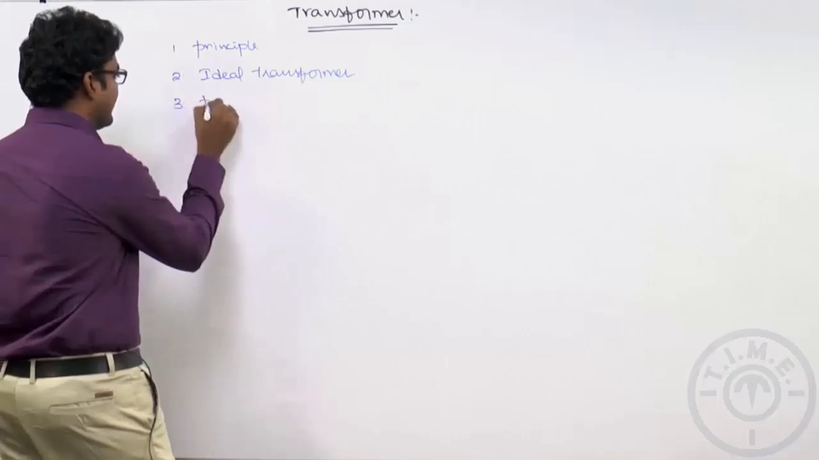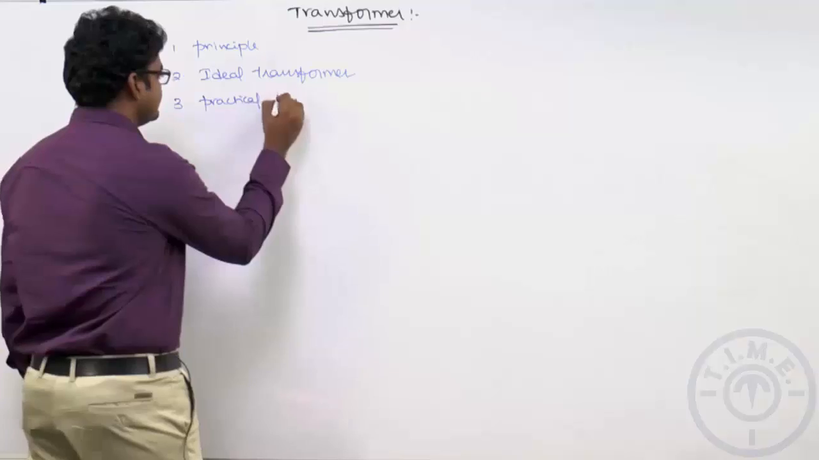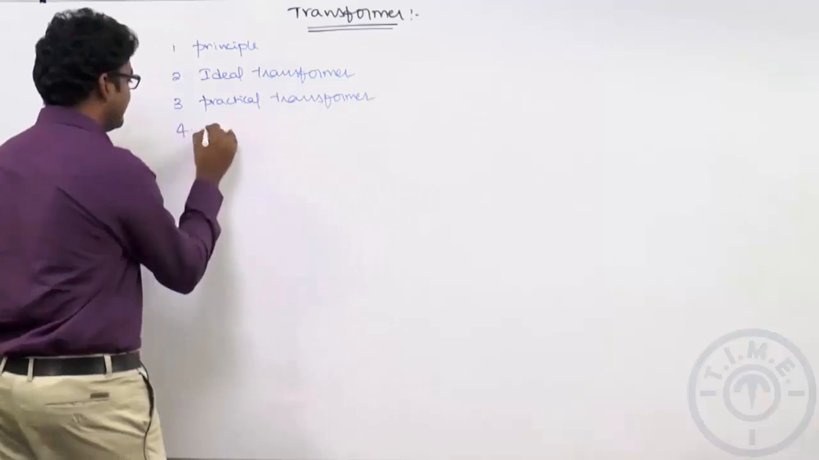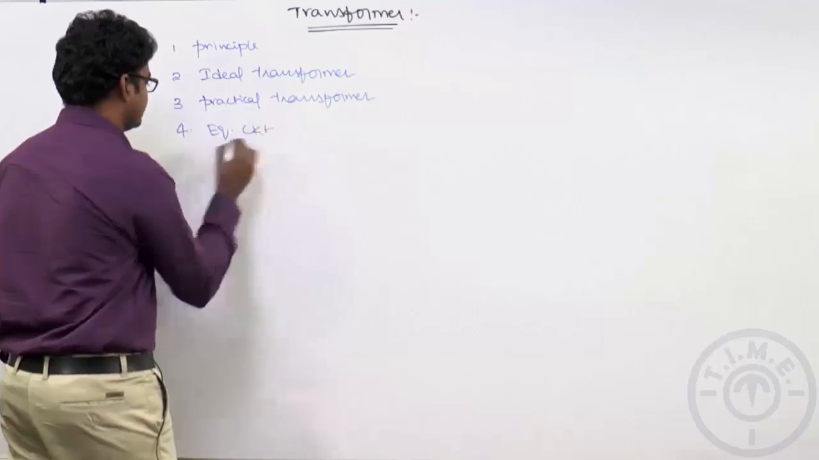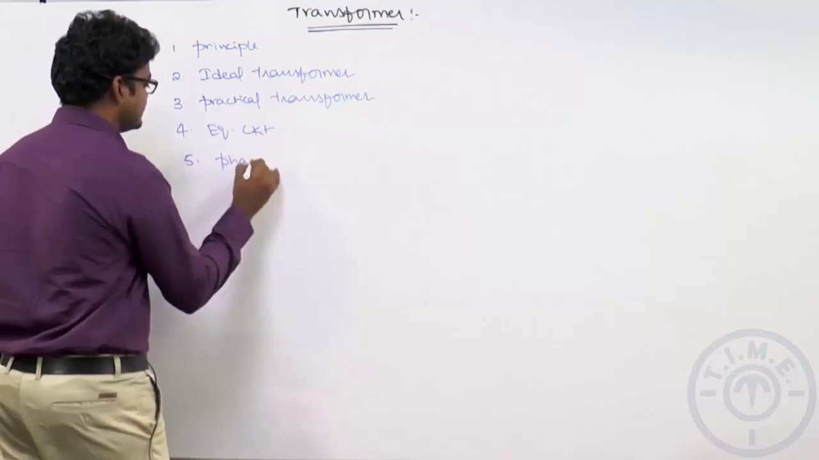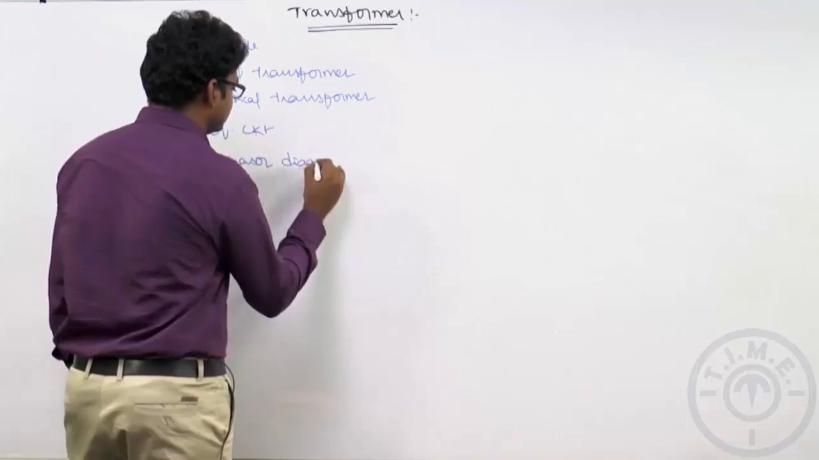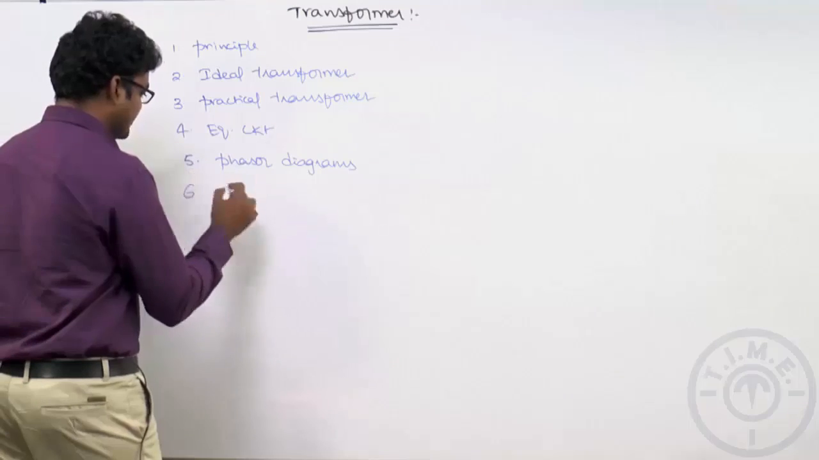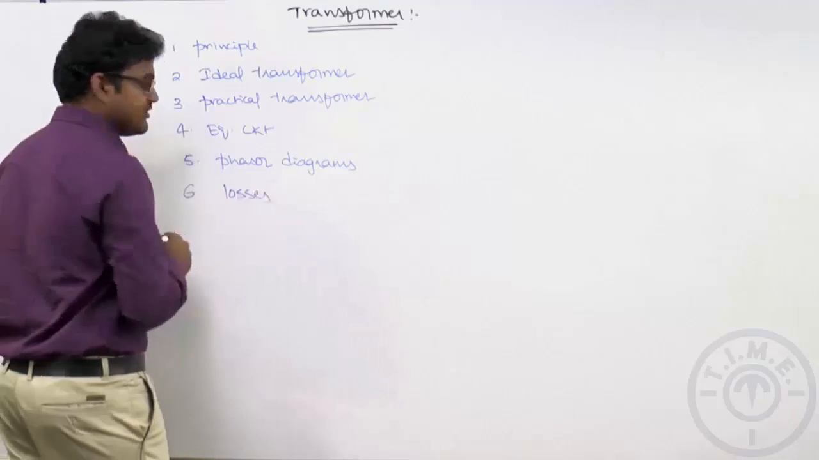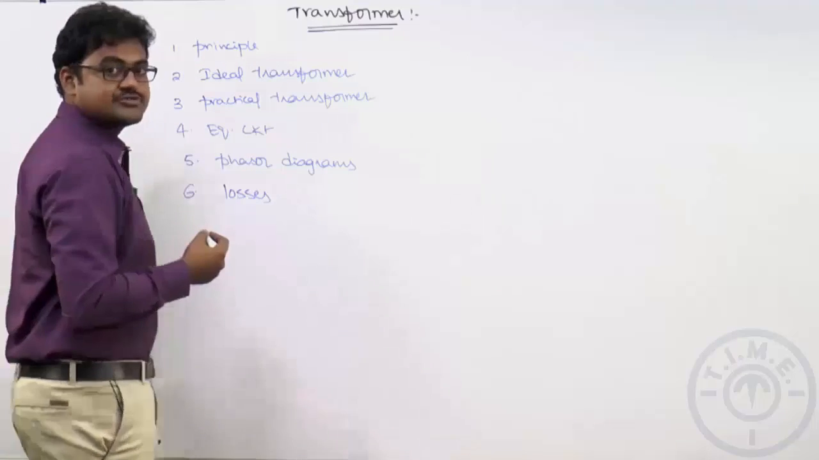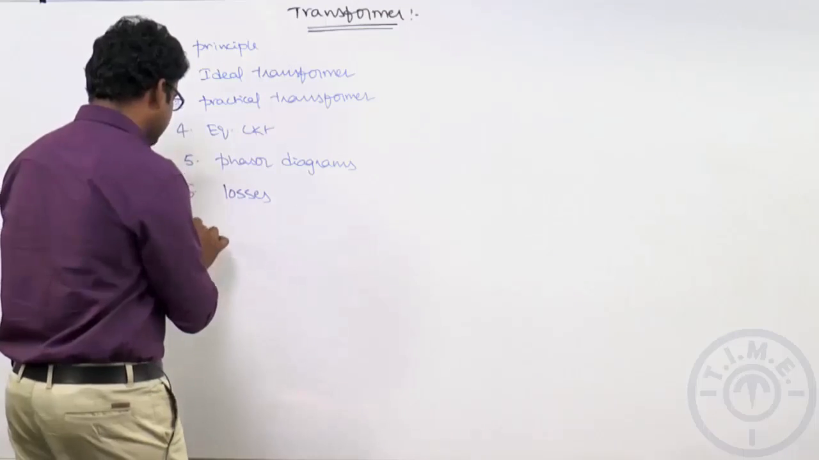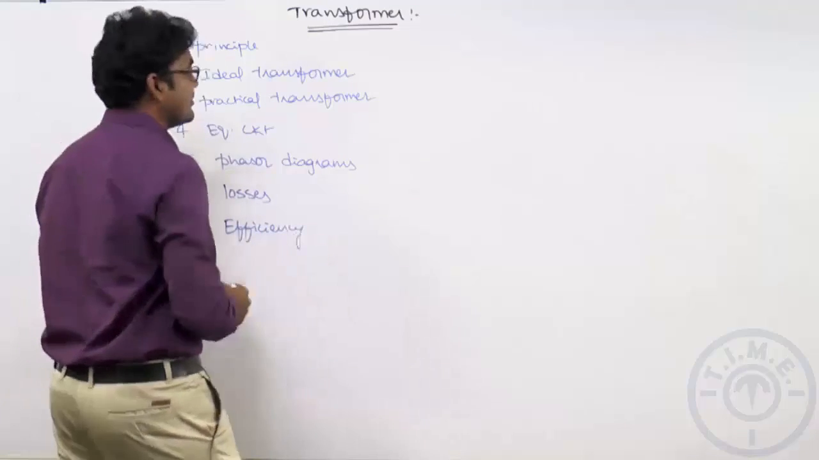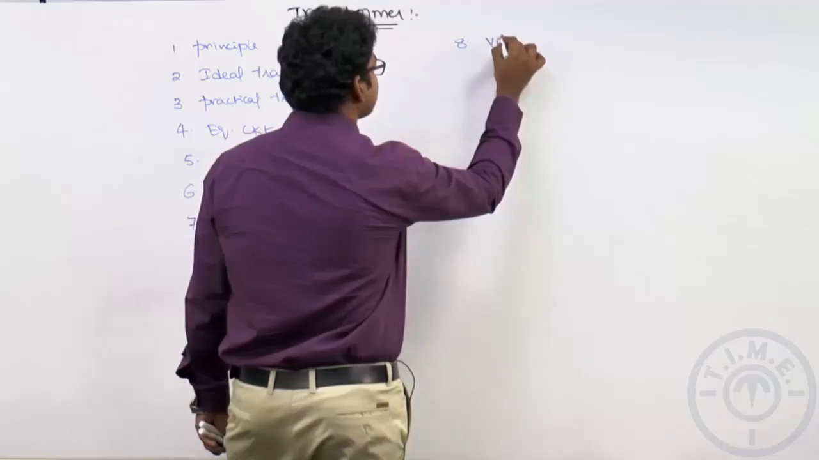Next one, a practical transformer, and then equivalent circuit, phasor diagrams. Next one, different types of losses available in the transformer and how to reduce them. Once you calculate the losses, then how to calculate the efficiency of the transformer, then voltage regulation,